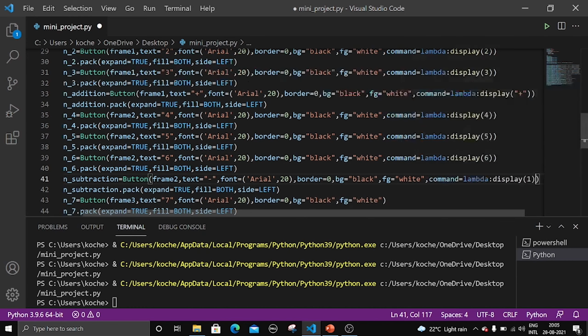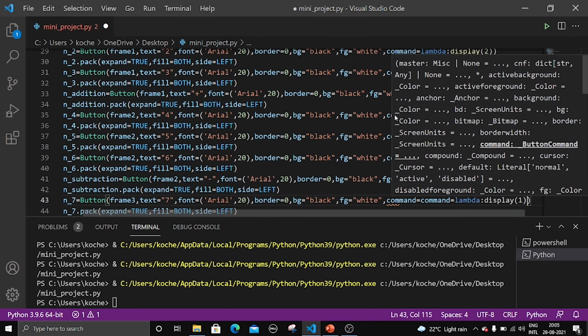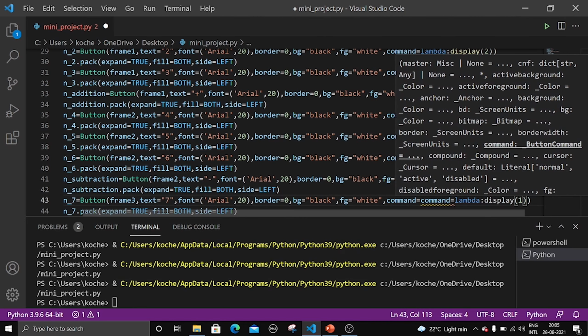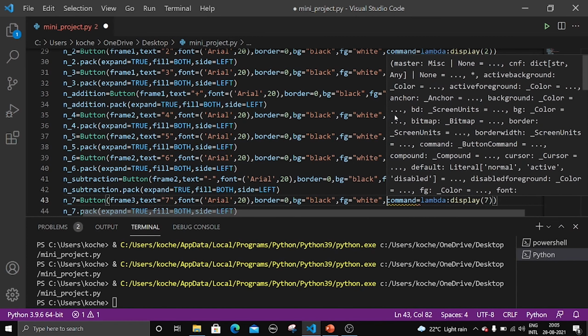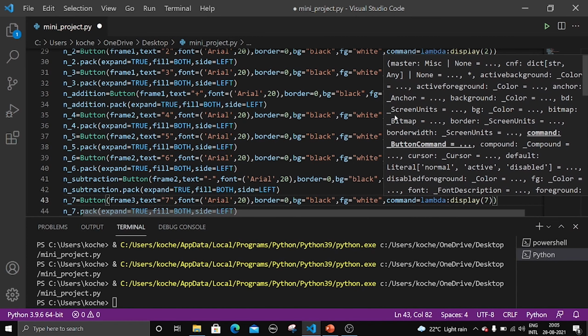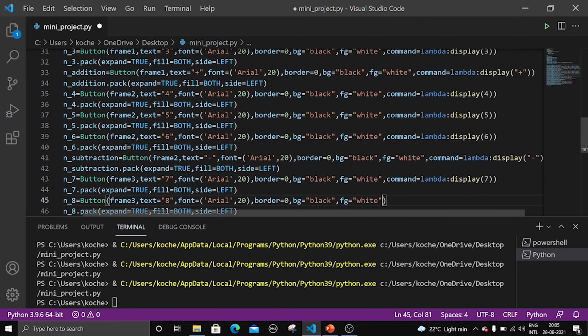So now let us put the 2, button 4, button 5, and all the buttons, and here it is button 4, right? So similarly it is 5, and it is 6, and now it is subtraction, right? So we need to put under a string and minus. So now it is button 7. Command equal to, okay, so we have written the command twice, so 7 is completed.